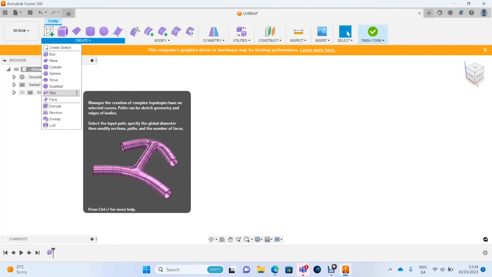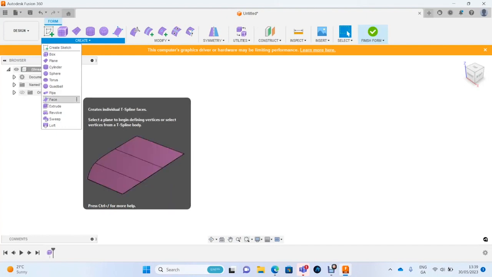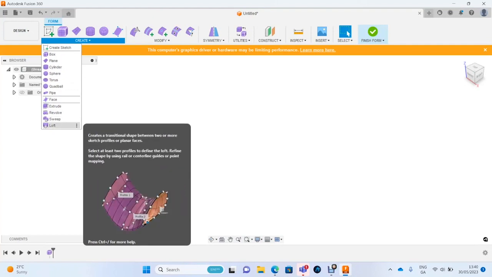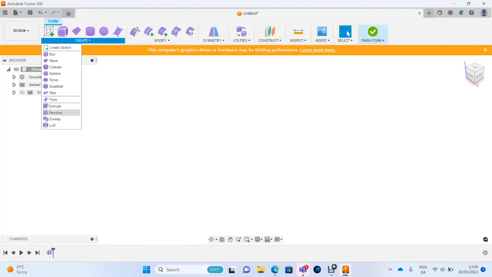This is similar to the pipe environment that we know, where you can extrude along a sketch line. These pipes tend to be more organic and actually nearly easier to work with and manipulate than standard pipes. Face is similar to plane, but equally as useful. And then we have extrude, revolve, sweep and loft, and they're exactly like what we know, but in a freeform